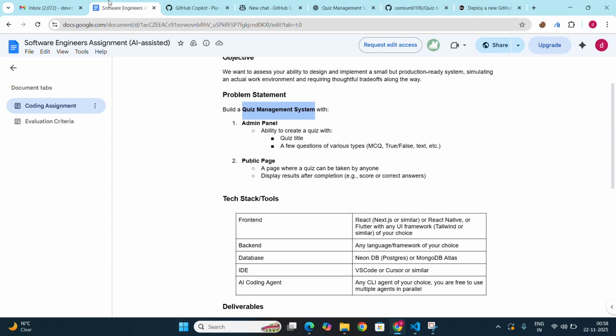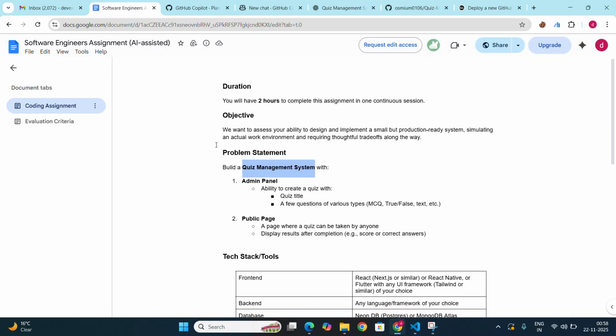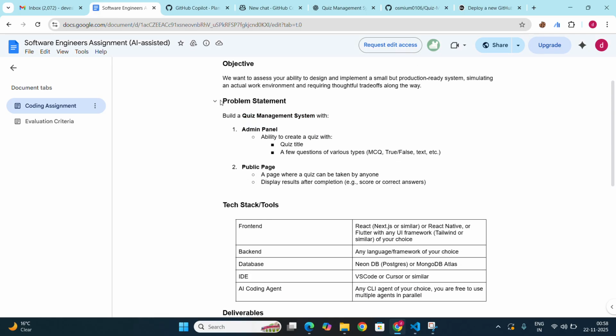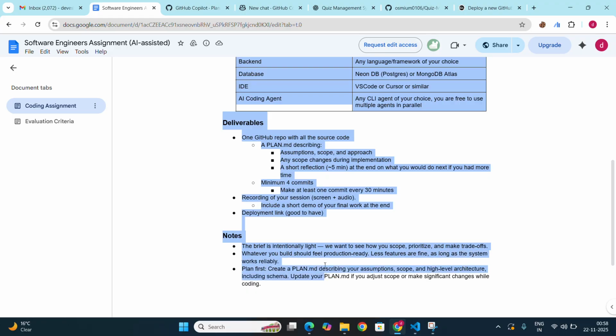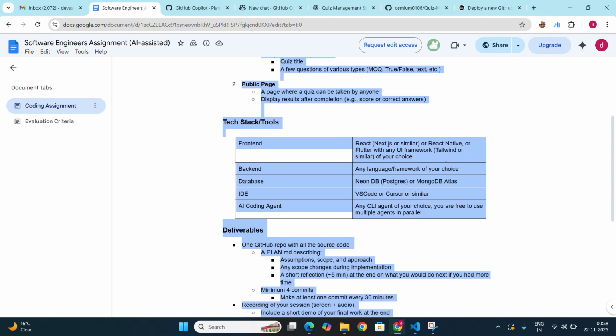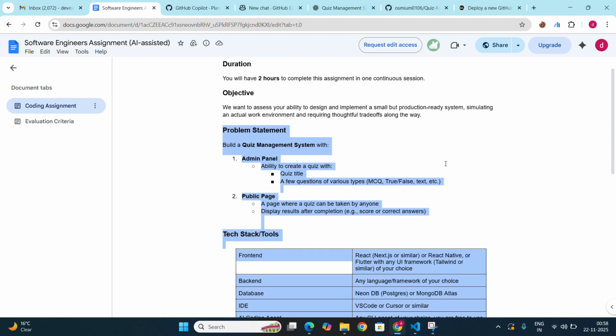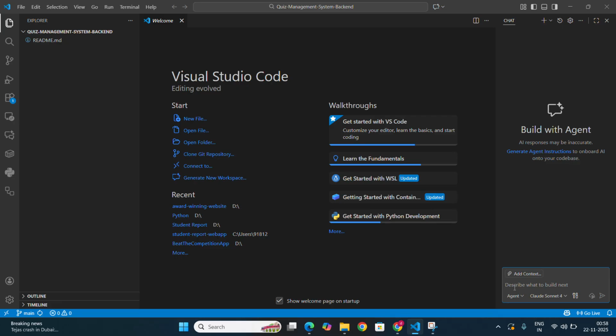So to build that, we simply need to copy this problem statement. Since we can use AI, I'll do it that way. So we will start with copying this, or we could use ChatGPT also to do this particular thing, creating a whole problem statement. So that is also a good thing. Or we could go with this agent mode, and we'll start with